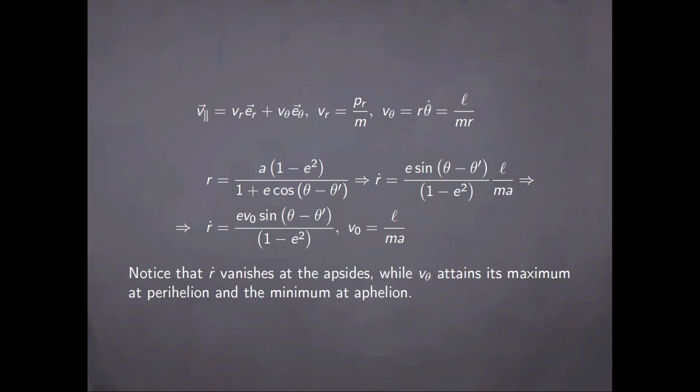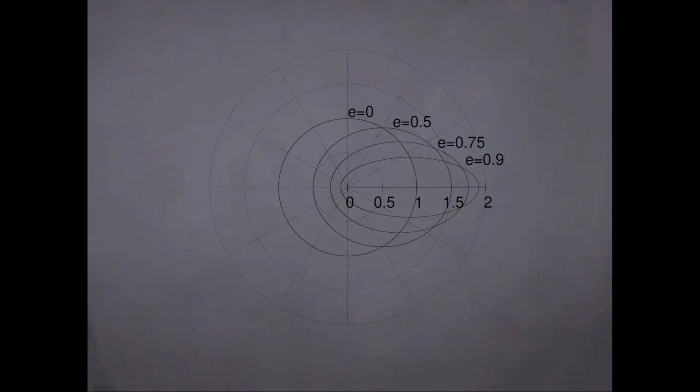And what's important to observe here is that this derivative will vanish at the apsides, when the sine is 0. This derivative corresponds to the radial velocity, but at the same time, the angular velocity will attain its maximum at perihelion and minimum at aphelion, given this expression here, because at perihelion this will be minimum and the overall quantity has its maximum, and the other way around at aphelion. And just as some illustrations,